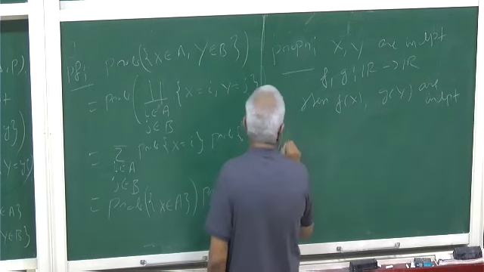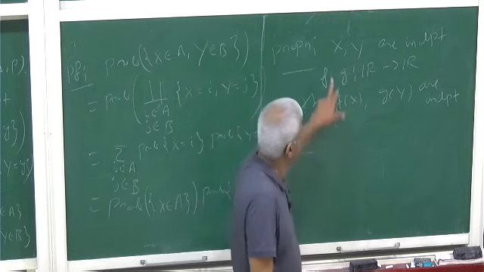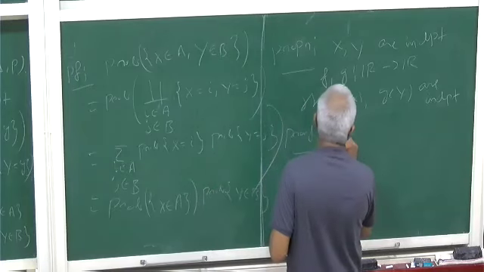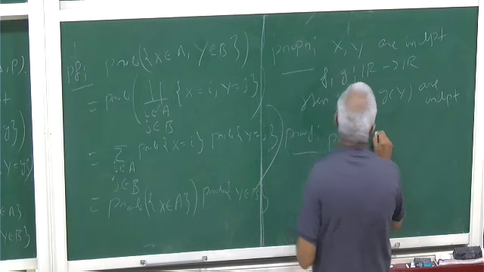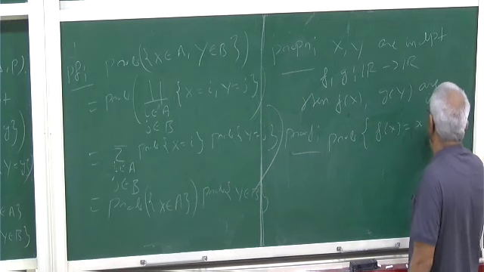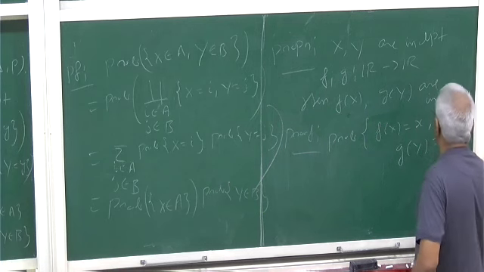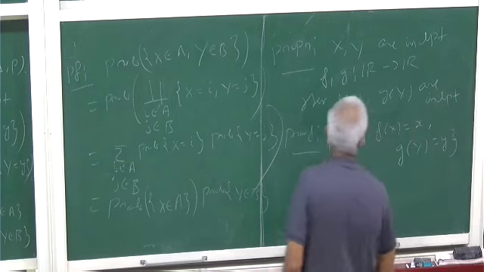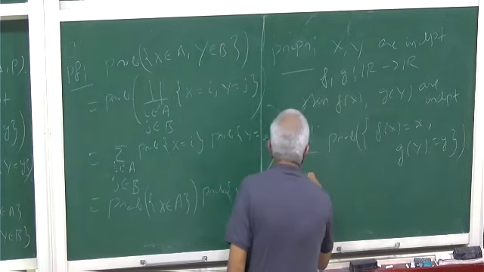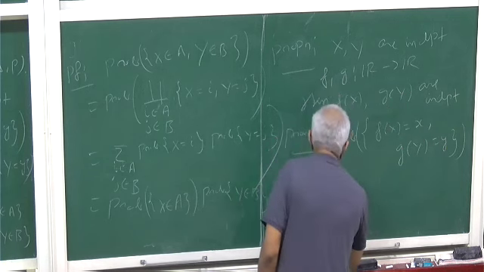So proof. We are given X and Y are independent. We want to prove F of X and G of Y are independent also. For that, we have to consider the probability of F of X equal to some x, and G of Y equal to some y. We want to consider this probability, and that is the same as, put a bracket if you want, the probability of, so this is just a union,